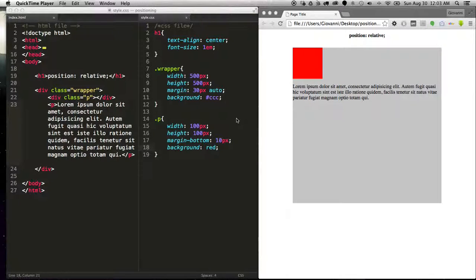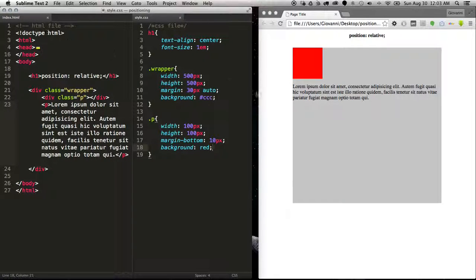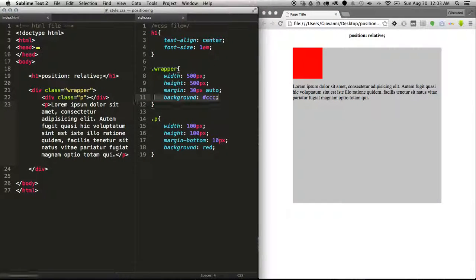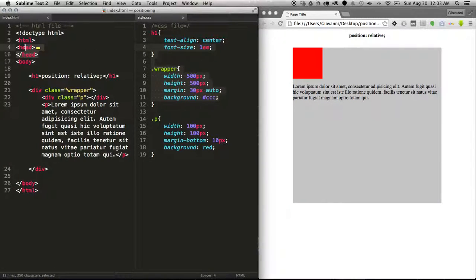In this video, I will try to better explain how position relative affects the way that specific elements will be rendered. So on the left hand of the screen, I have a couple files open. This is an index.html file on the left. It's very simple. I've collapsed the head just so that it's not confusing. We can just assume that all the stuff that's in the head is great and it's linked to this CSS